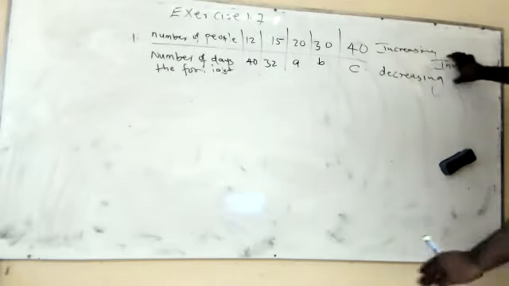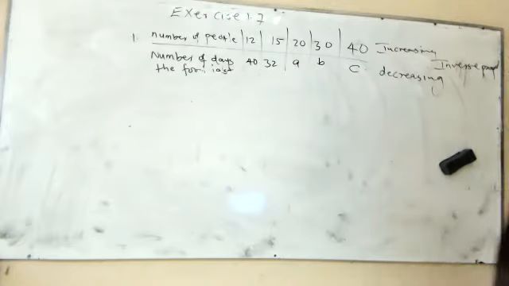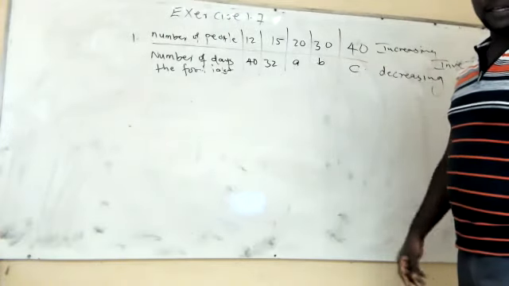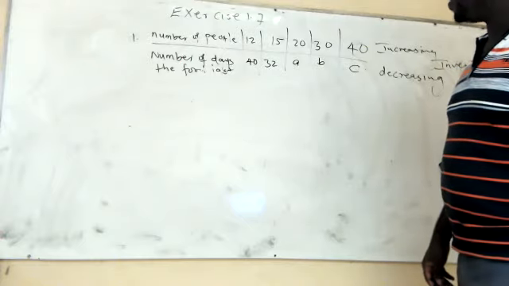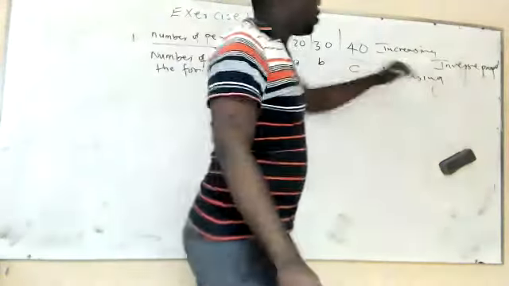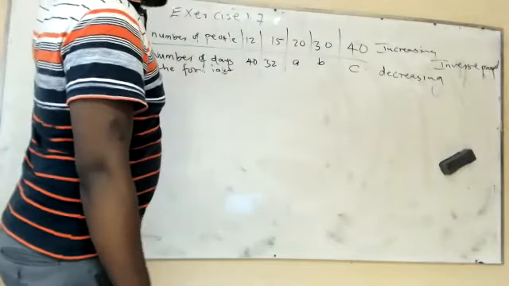So it's inverse proportion, and I believe you now know the reasons why we say it's inverse proportion. Now the next thing is to look for the values of A, B, and C. Are we all together with regard to that? Yes. Okay, then now let's check. If it is inverse proportion, how do we get